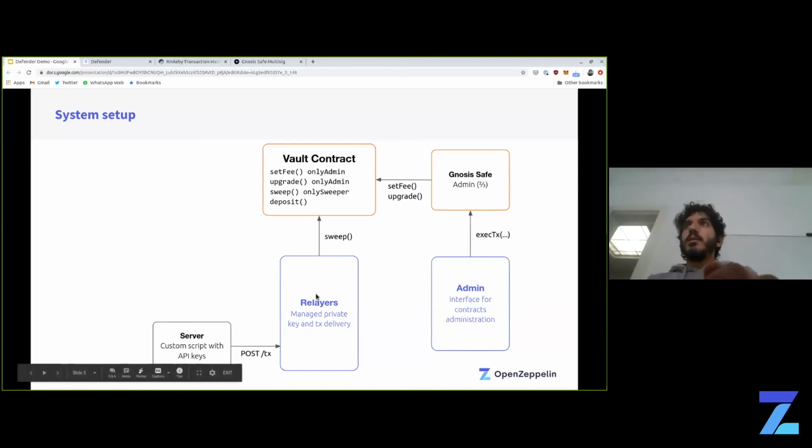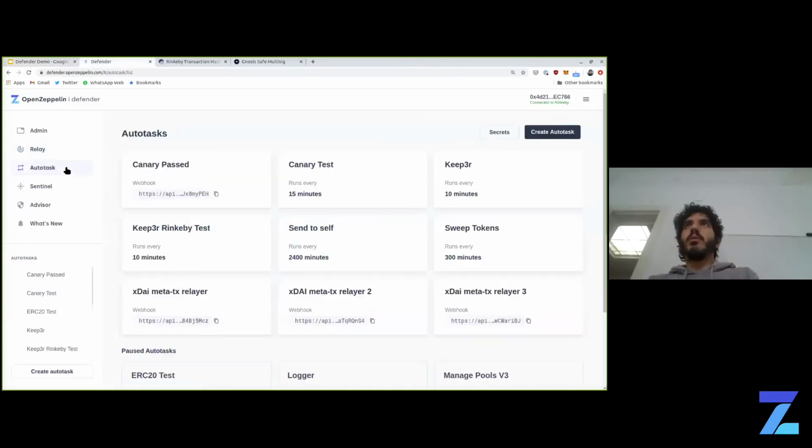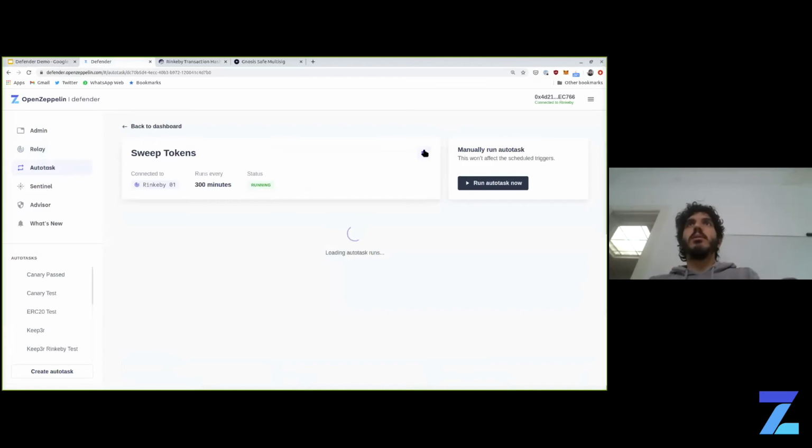Now, in the case of sweep, this is something that you probably want to run on a recurring basis. Let's say every half an hour or so, you want to check if there are enough funds to move. What we did is we added another component to Defender, which is autotasks. And autotasks are serverless functions. Think of them as small JavaScript snippets that are tightly integrated with relayers that can run arbitrary logic and can be triggered either on a schedule basis or by a public webhook. And here you can set up whatever logic you want for deciding to send whatever transactions you want to your contracts. So for instance, I'm going to go to autotasks and bring up the sweep tokens autotask that I have